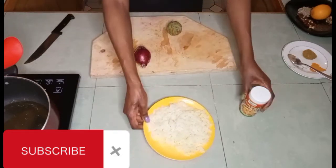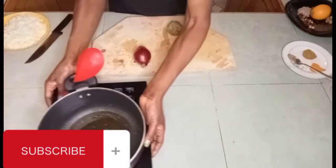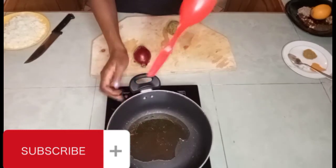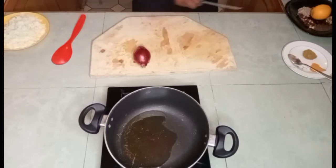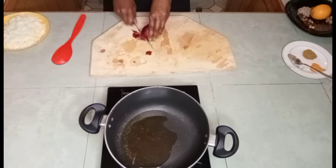I'm going to move in the cooker. In it, I'll put some little oil. So I'm going to prepare my